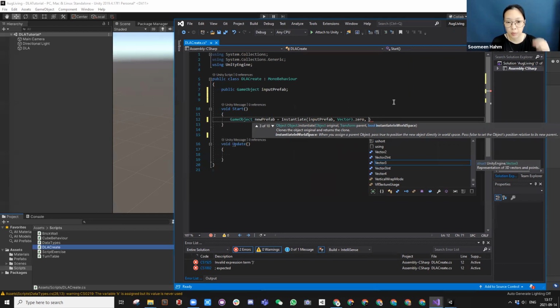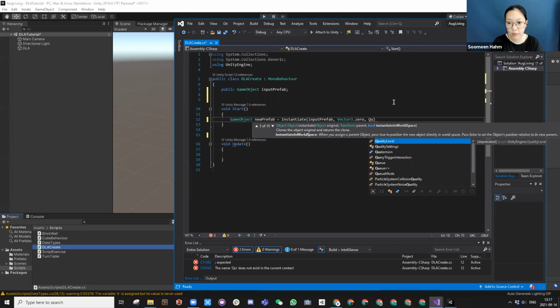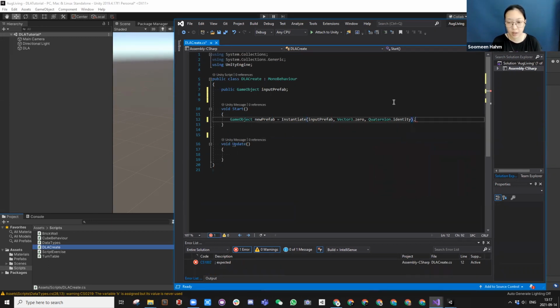And do you remember we need a rotation that is a parameter called quaternion. For no rotation, you can make it Quaternion.identity. So this is just the default, a 0 position and 0 rotation. Okay, so if I save this now,